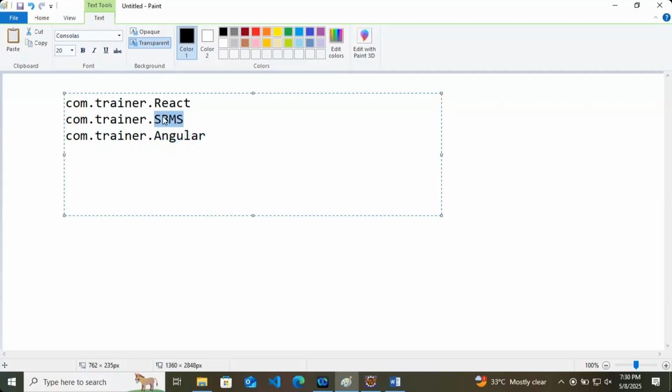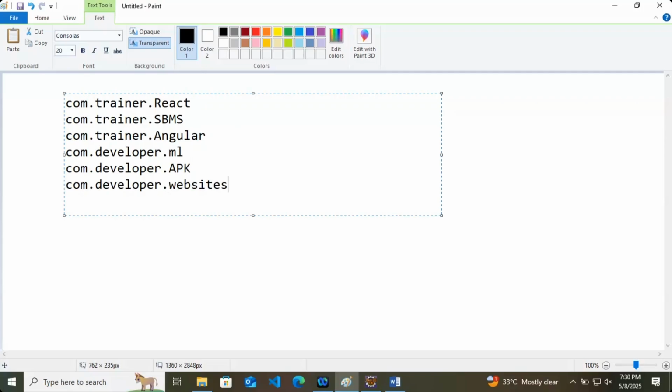Now they have some methods like void teachReact, teachSpringBoot, teachAngular, like that. And this trainer is not only a trainer, it's a developer also. Then com dot developer dot ml for machine learning, com dot developer dot apk for Android apps, com dot developer dot websites, developing websites also.